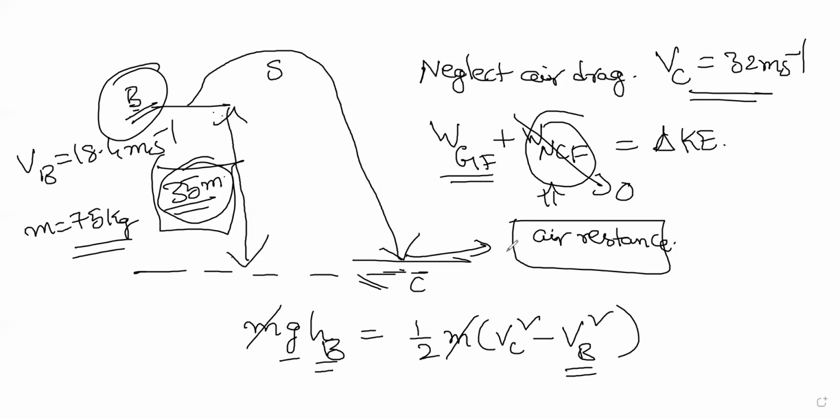So this is part two. Now they said that at the point C, the actual velocity is about 15 meters per second. This is the last part of the question. If it is 15 meters per second, how much energy is lost is the question. For this we apply work done by the conservative force, which we just calculated, plus work done by air drag, which now comes into the picture. Earlier I wrote that equation and neglected the air drag.